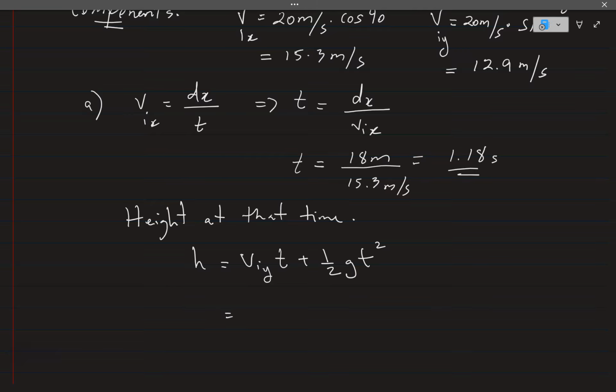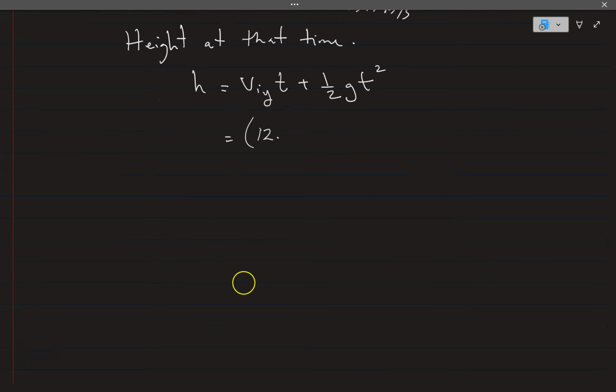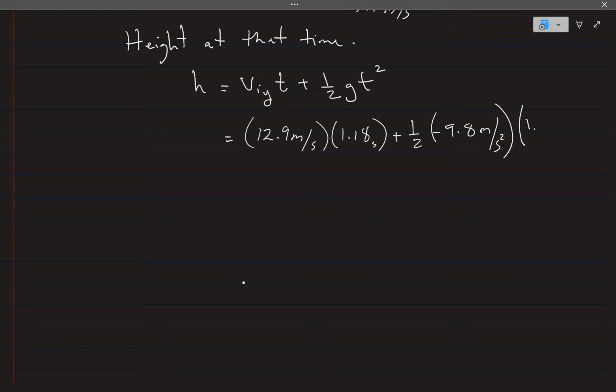Then we plug in numbers: 12.9 meters per second times 1.18 seconds plus 1/2 times negative 9.8 meters per second squared times 1.18 squared. Okay, and when we do all of the math in here,